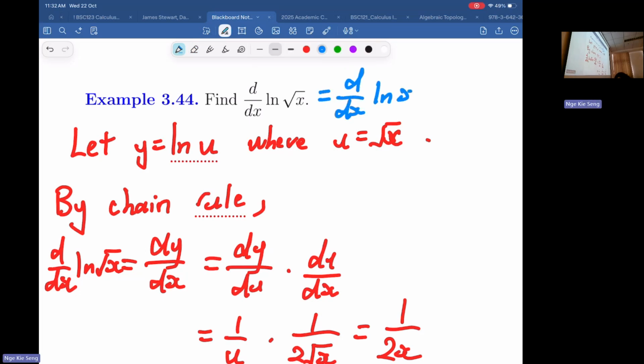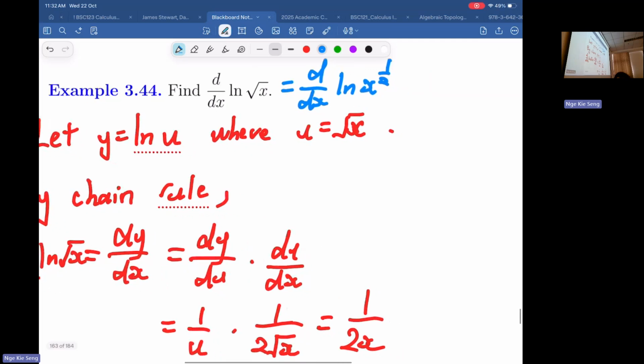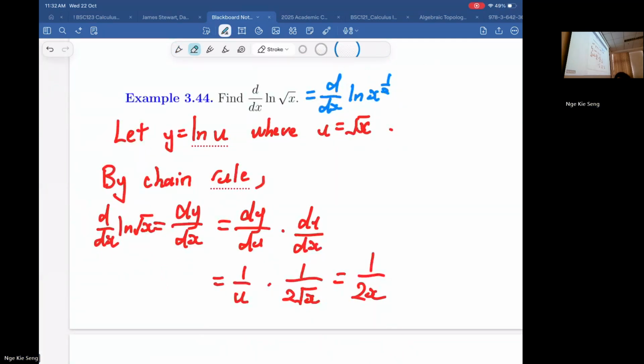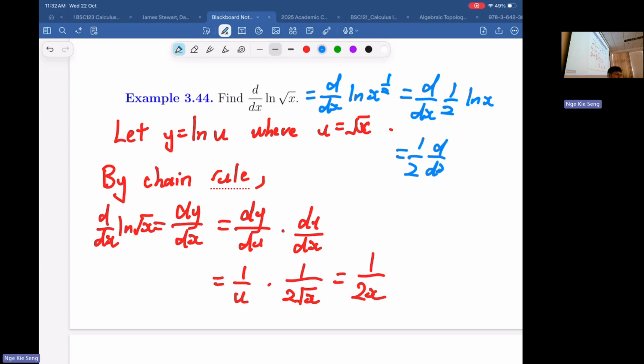But we can bring the half to the front first. In that case, we can differentiate using linearity, right? So we can bring the scalar up first. Then we also get the same answer. The nice thing about mathematics is if you work within the legal framework, we should get the same answer. This is one of the beauties of mathematics. No matter how you work, you should get the same answer.